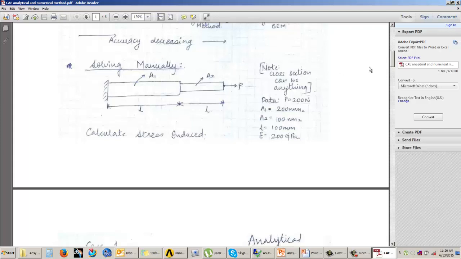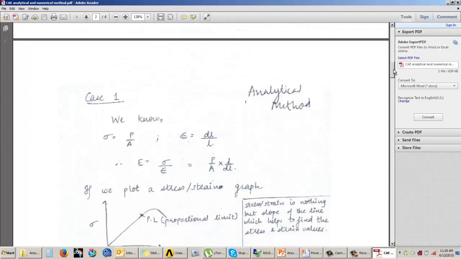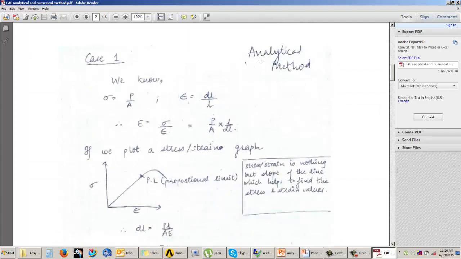So the first method that we will use is the analytical method. Now, in the analytical method, the first formula that we will consider is, if I need to calculate the stress, I know the formula for that, that is P upon A, that is force upon area. For calculating the strain, we know the formula, that is change in length upon the original length. Now, Young's modulus is stress upon strain, that is, you can consider this formula if you consider Hooke's law, that is, the change in length is within the elastic limits, means when the force is getting applied on that step bar,